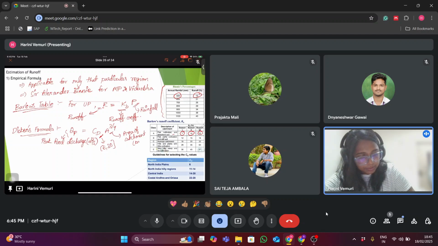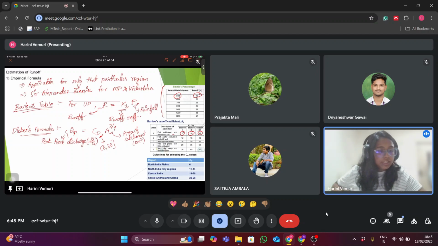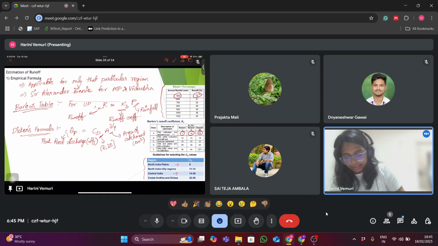in kilometers square. Okay. So here in this table, we can see that for different areas within India, they have given the Dickens formula. Suppose if the region is falling in North Indian plains, the CD is 6. If it is falling in central India, the CD value will change between 14 and 28. Also, we have one more